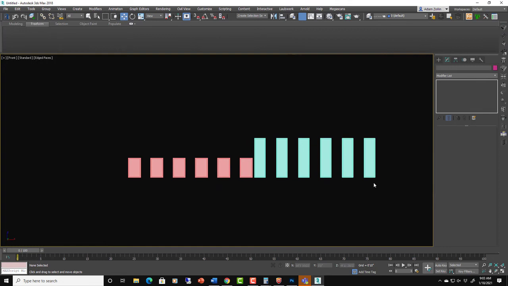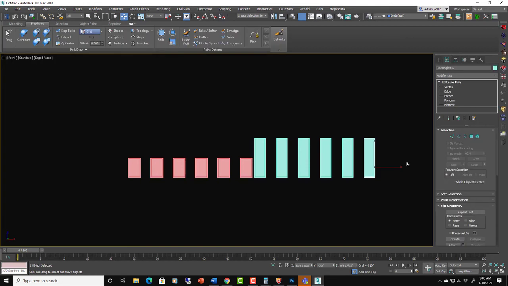Okay, so we've talked already about why I use polymodeling sometimes, and we've kind of covered when to use polymodeling. The last thing I'll say about when is whenever you have highly detailed and organic stuff that isn't basic shapes like this window, then that's when you really need to start looking at poly modeling, because it might be the only way to even do what you're trying to do.